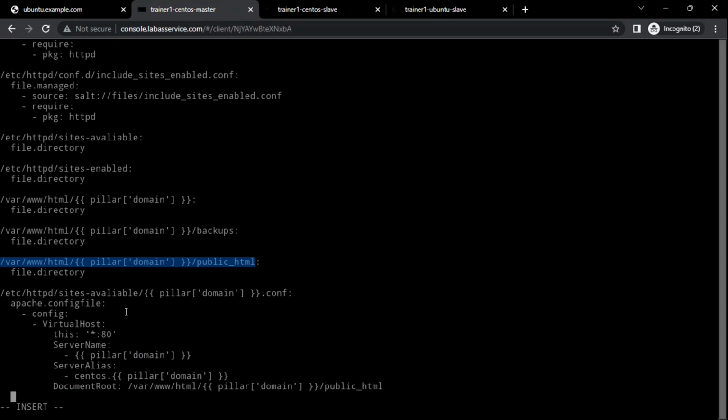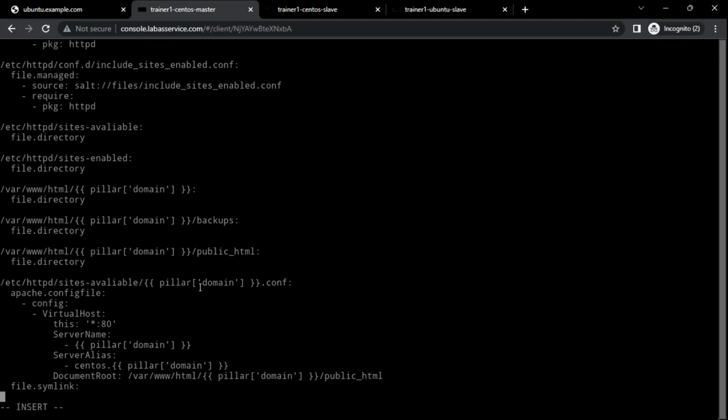That is what I'm doing here. So I enter the sites available, I'm creating the configuration file. And if I create a symbolic link under the sites enabled, this site will become enabled. So let us do that. In line with the Apache config file, I'm going to create this symlink. The source file will be this file, and that will be targeted to